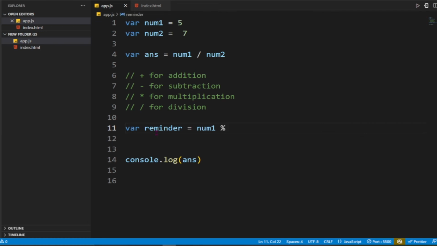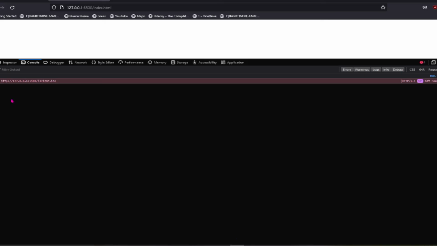The percentage sign stands for the modulus. The modulus operator is used to return the remainder after division, so num1 divided by num2. So if I log this remainder on the console, and I say remainder, then I go back, you can see